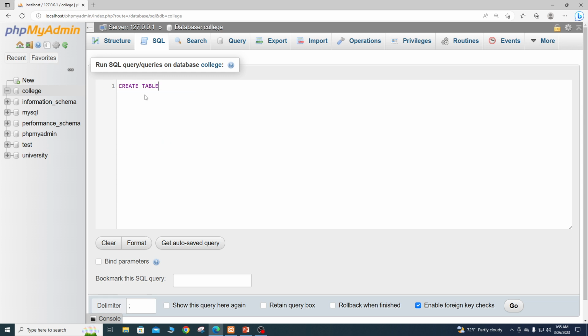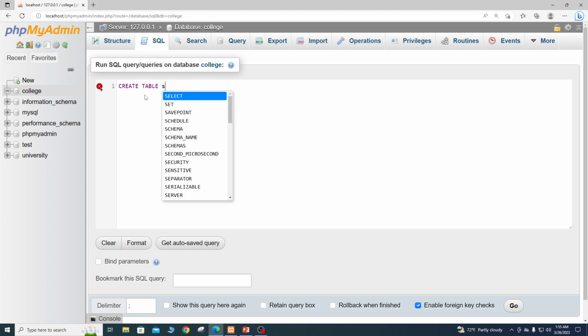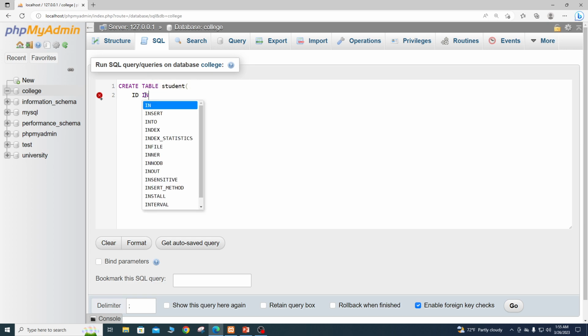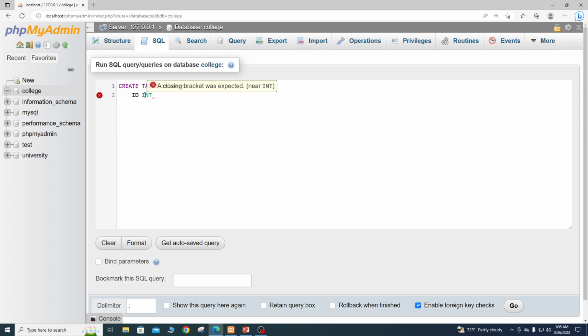Create table student, ID int and not null,